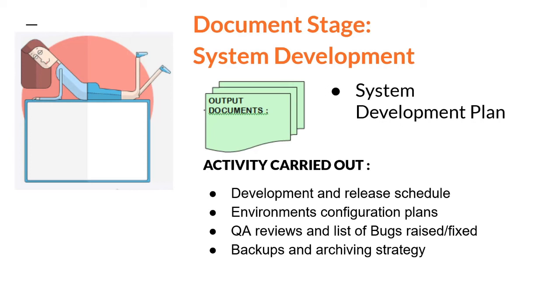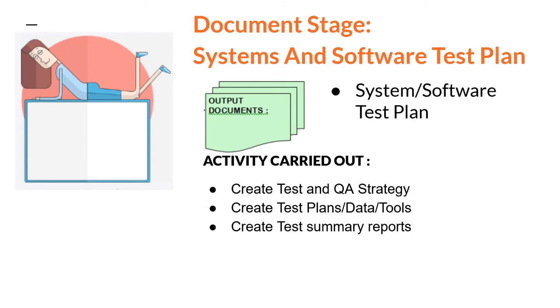This is produced by activities carried out, including creating a test and quality assurance strategy by the test team. The test team will also create test plans and test data and test tools to carry out the testing activity. The test team will also create test summary reports at the end of each testing cycle